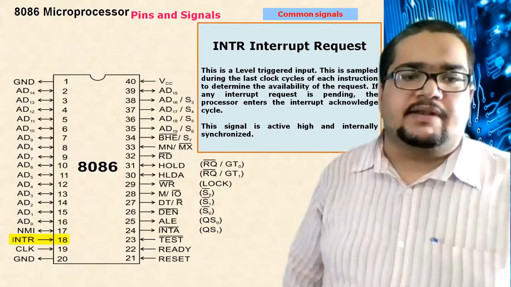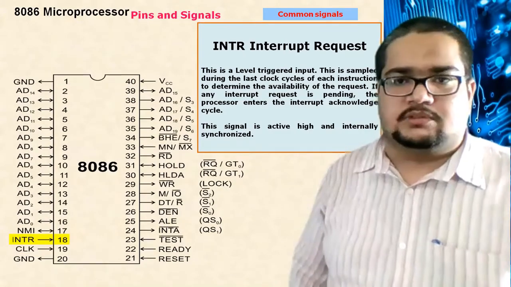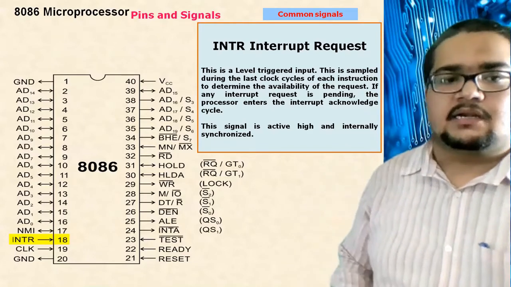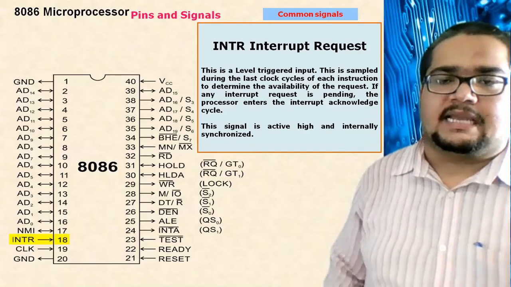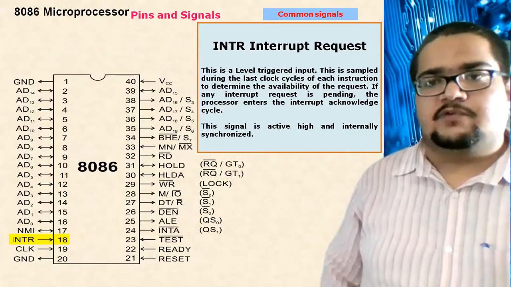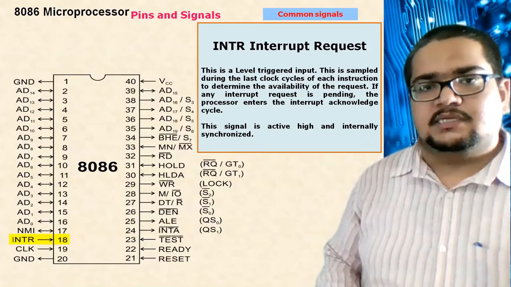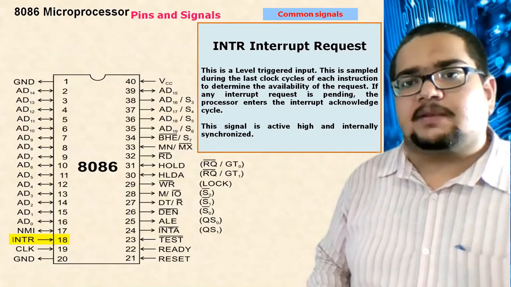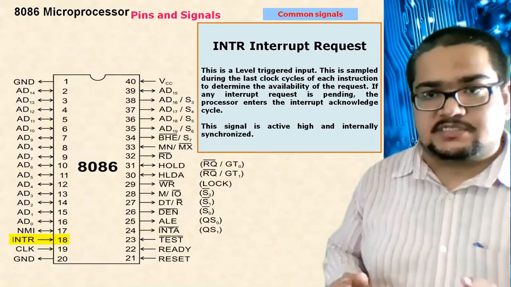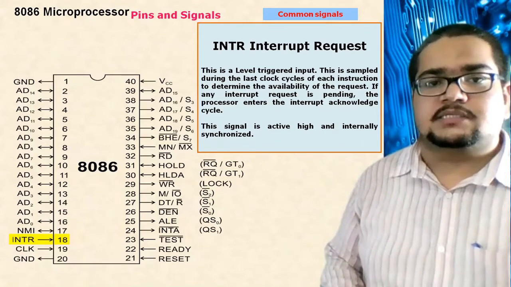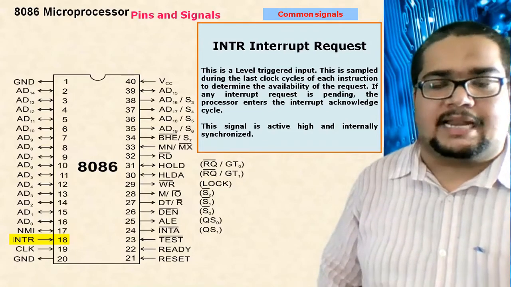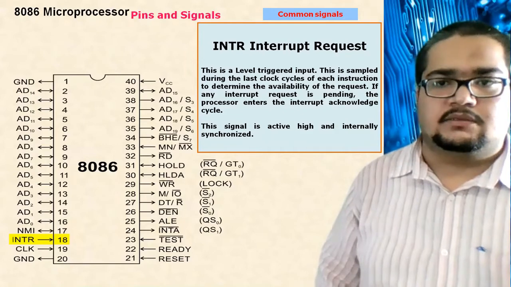Next, pin number 17 and 18. Okay, both together they are the external interrupt triggers to the processor. That means if the processor is doing a certain task, and at that time you want to interrupt it because you have some more urgent task which has to be serviced before the ongoing task, you just trigger the processor either at pin number 18 or pin number 19.